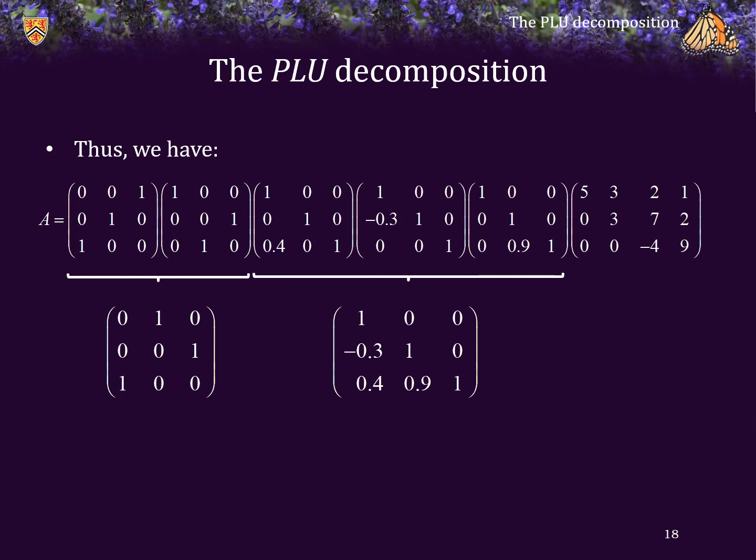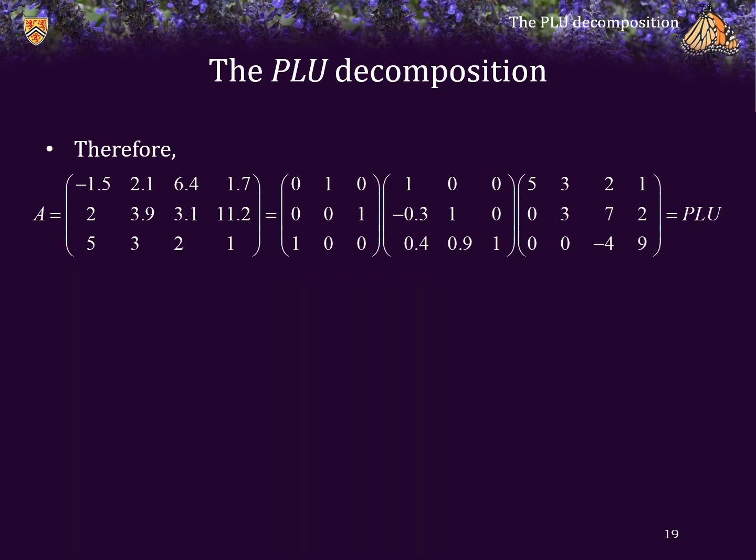Finally, notice that the matrix that is left over is an upper triangular matrix. So now we have a permutation matrix, we have a lower triangular matrix in the middle that has all ones on the diagonal, and we have an upper triangular matrix. Okay, so now we know that A is equal to this product of three matrices with the properties we indicated